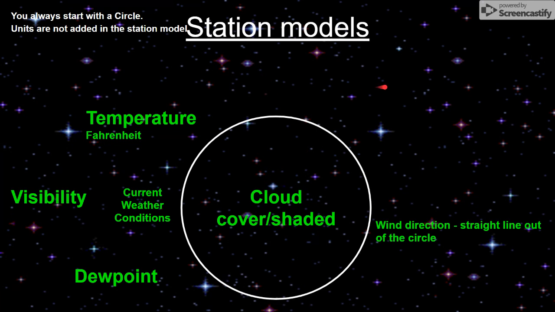The next thing, which is actually my favorite part because this is more drawing, is the wind direction. The wind direction is just a straight line out of the circle, okay? The direction of wind depends, of course, on where it's going: north, south, east, west. The circle represents, just think of a compass, right? Here's north, south is at the bottom, east, and then west. So the line for wind direction is drawn out of one of these sides, depending on the direction of wind